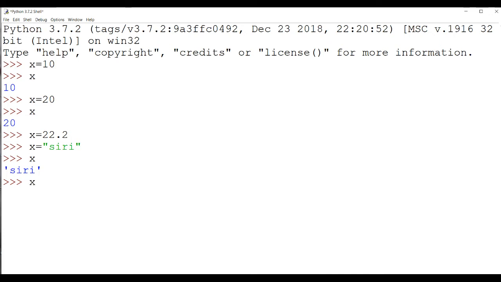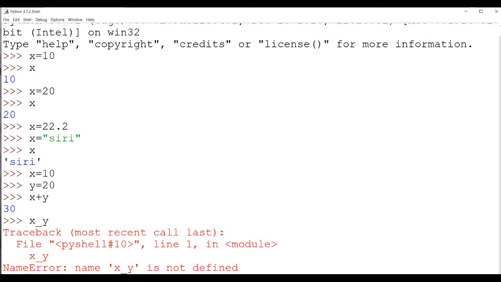Let us do some operations. x is equal to 10 and y equal to 20, and I am adding x plus y, which gives 30. You can subtract also, x minus y.